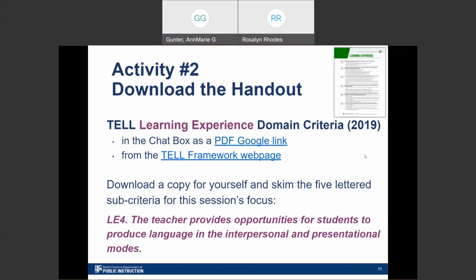All right, I hope you've got what you need and you've got it handy. You can even print it out if you're the kind of person who likes a hard copy of handouts. You're welcome to do that.